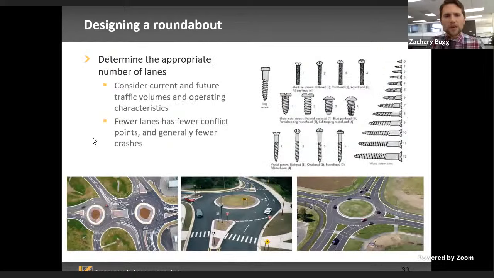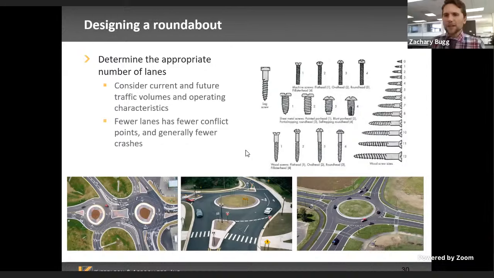So first, determine the number of lanes. That goes back to the operations analysis. There are a lot of tools you can use in addition to just a direct application of the HCM by hand. There is other software out there, like Highway Capacity Software and Sidra software, that can help you determine what lane configuration you need. You can do multi-lane, you can do single lane. I think these all have at least one multi-lane approach. They get pretty complicated.